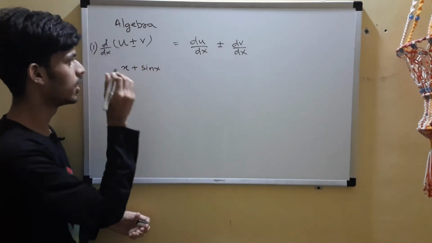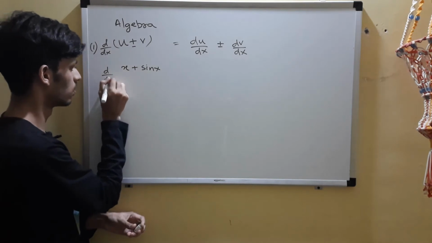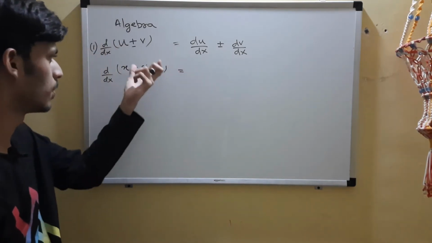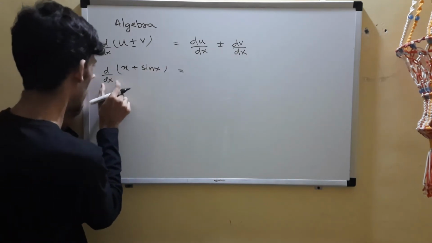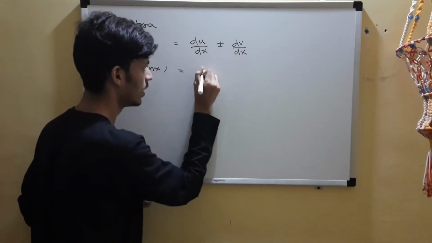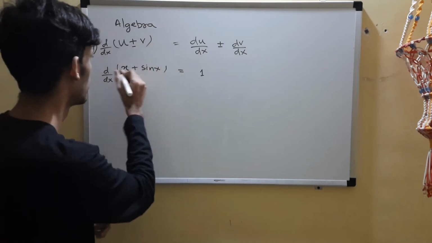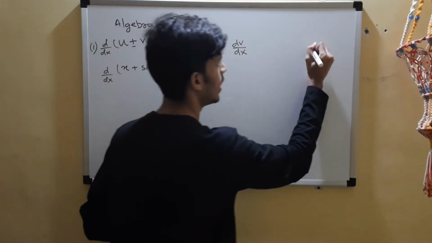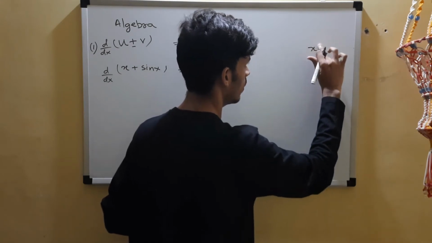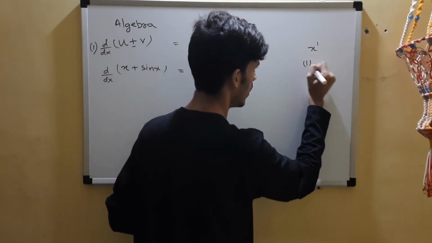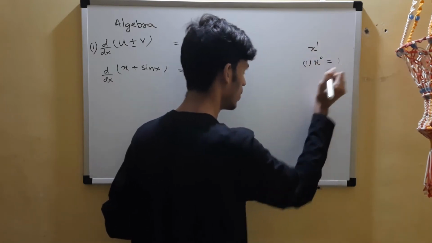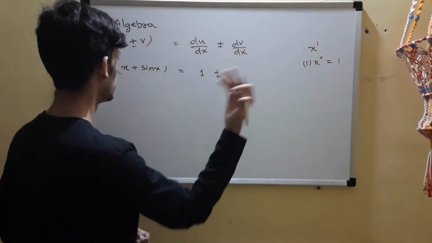Now keep that table in front of you, okay. You want to find the derivative of x plus sine x. So find the derivative of x, which is 1, so that is u in this case. So derivative of x is 1. I hope you know that for x raised to n, the derivative is n x raised to n minus 1. So 1 minus 1 is 0, x raised to 0 is 1. Okay, anything raised to 0 is 1.